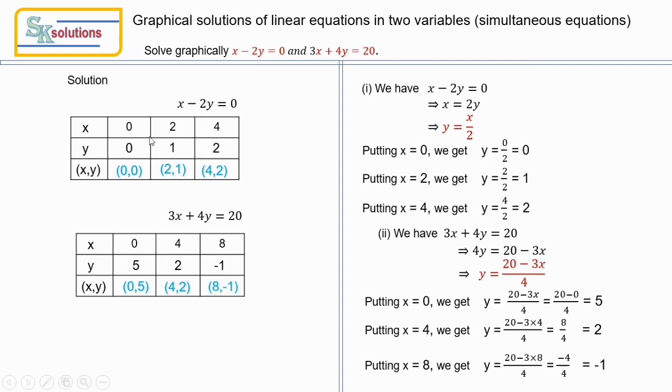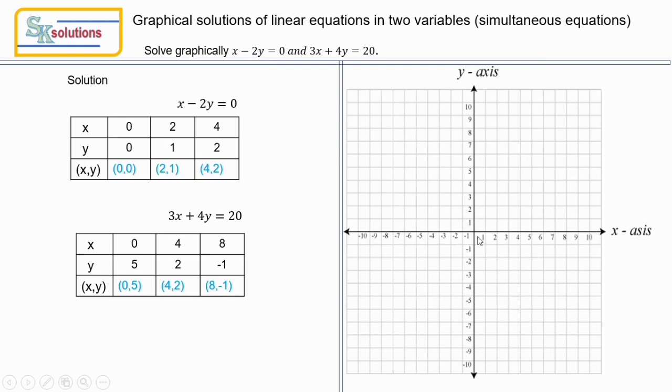Now we are going to plot these points on a graph paper. So let's move on to the graph paper. Here you can see the x-axis and the vertical line is the y-axis. Horizontal line is x-axis, vertical line is y-axis. The axes are marked 1, 2, 3, 4, 5, with positive values up to 10 here and negative values on the left side up to 10. Positive values on the top of the y-axis and negative values on the bottom are marked here. Now we are going to plot these points here.